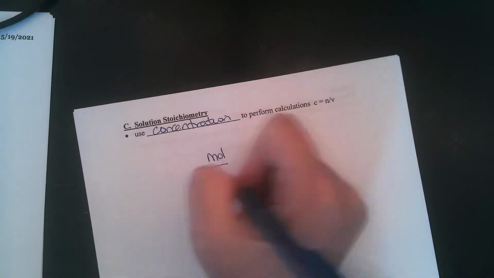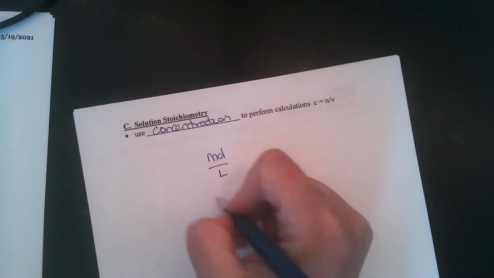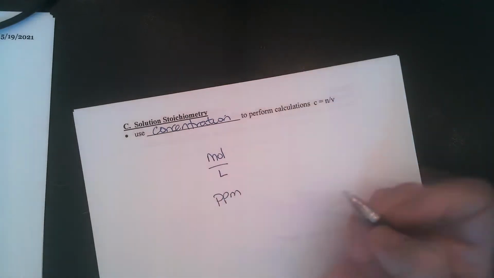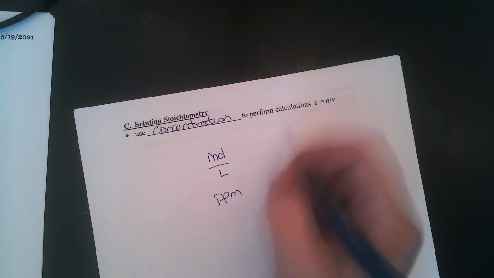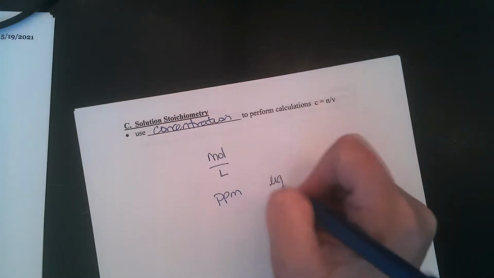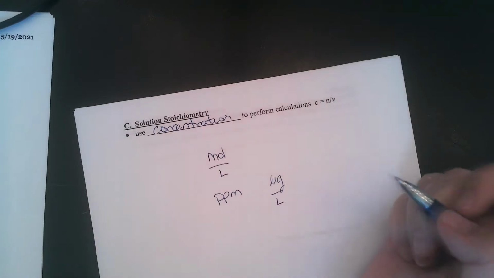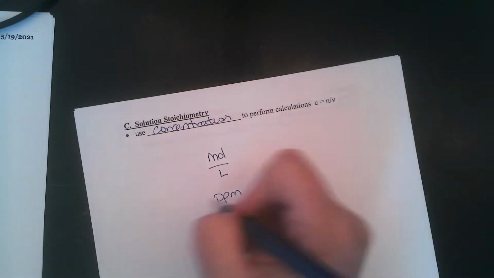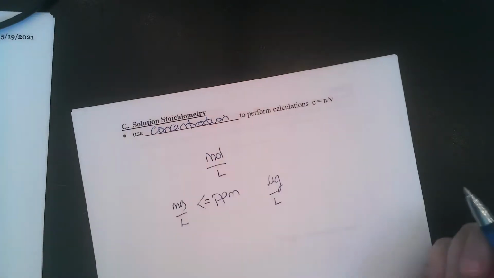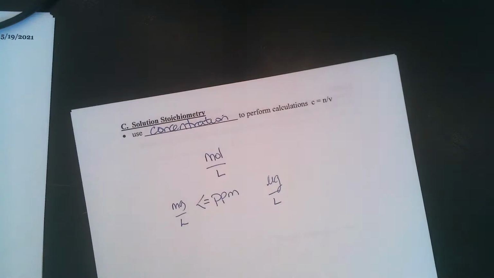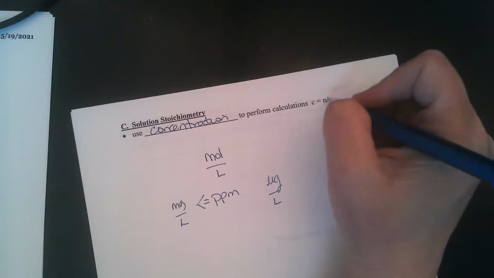And you need to remember that concentration can be given to you in an amount. It can be given to you in parts per million. Parts per million is milligrams per liter. There's multiple different ways of coming at concentration, but when we're doing solution chemistry, stoichiometry,